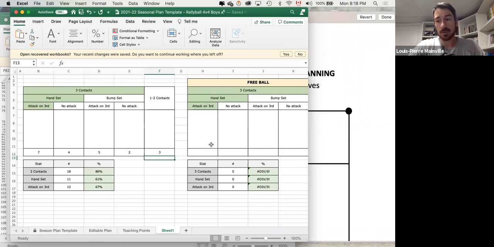It will allow you to discuss the advantages of playing with 3 contacts, not just for now, but for later in their career as volleyball players. And same thing for hand setting and attacking on third. Now, I will say that the 4v4, actually every stream of early contact, if you've looked at the schedule and